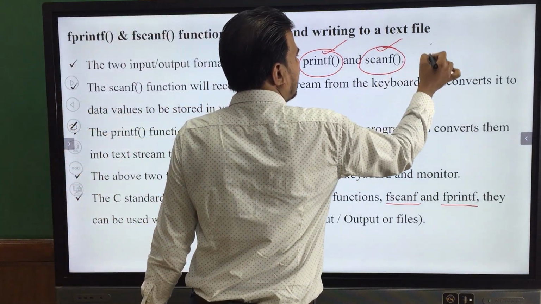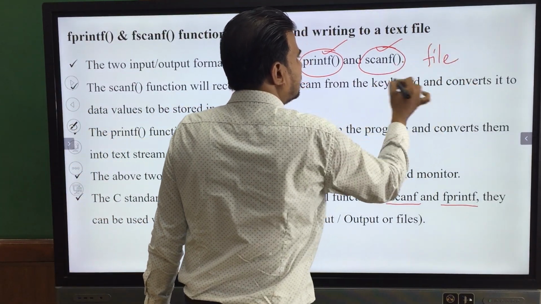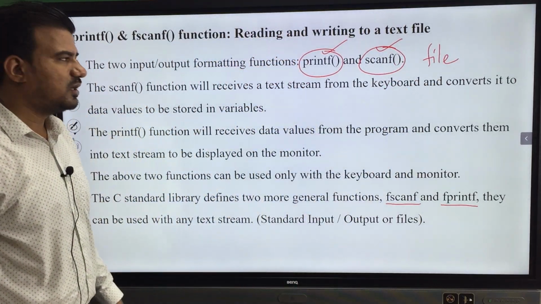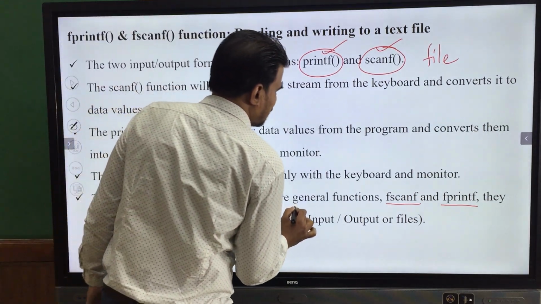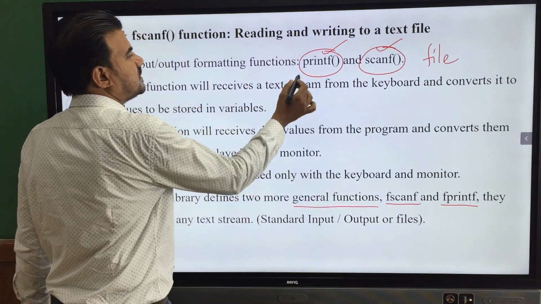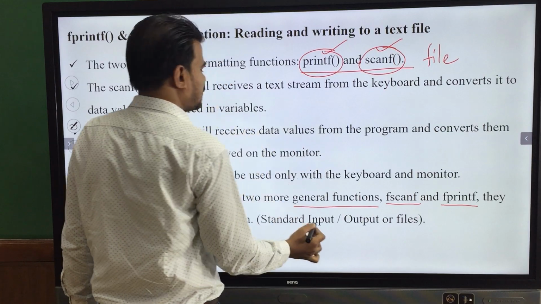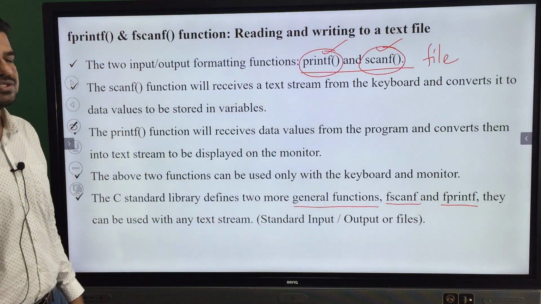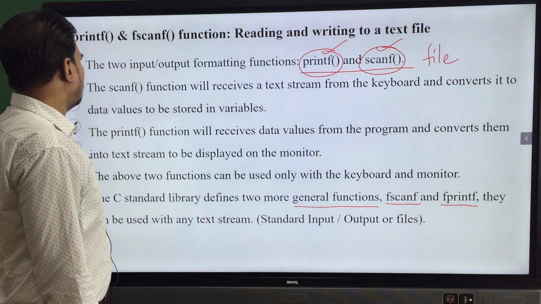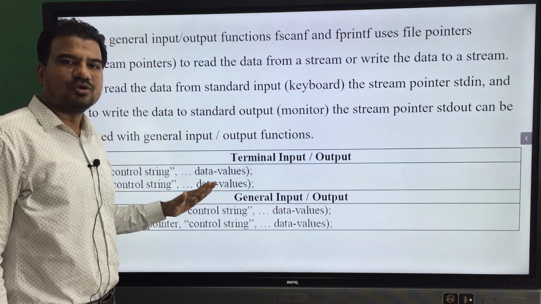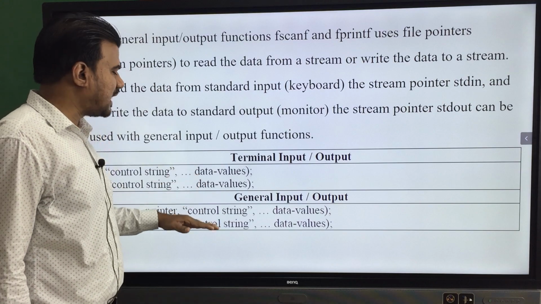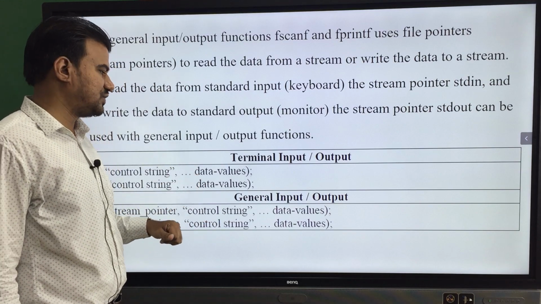That's the reason we call them general functions. They are standard functions and these two are general functions. We discussed the syntax of these standard input output or terminal input output functions as well as the general input output functions.